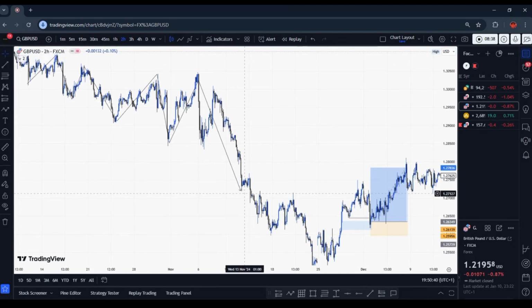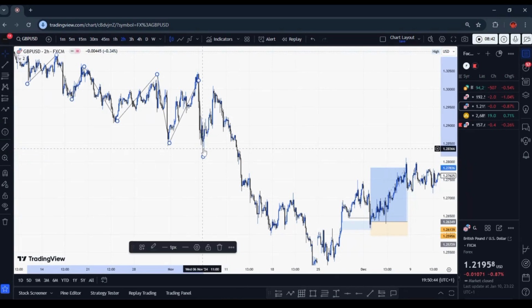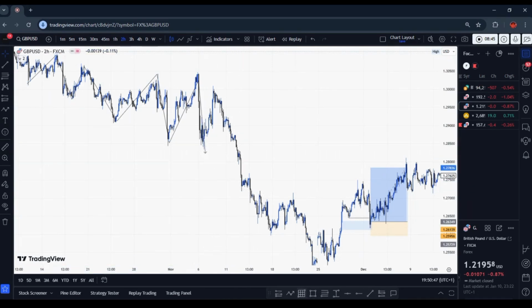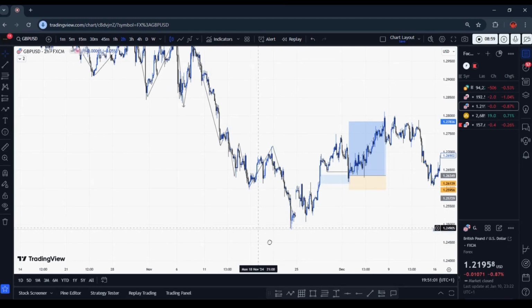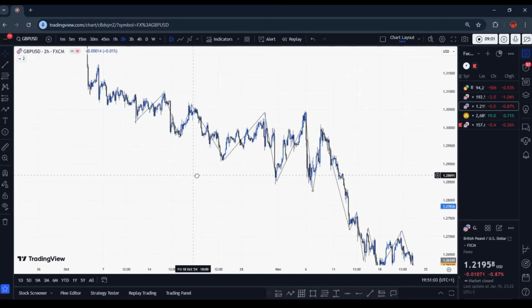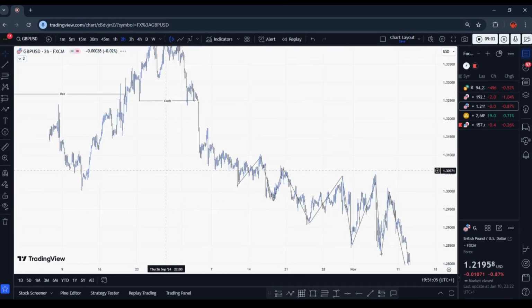So this place will be the low, because this low, okay, this side will be the low. Now this one will be the high, this one will be the low, the high, the low. Can you see? Yeah, the low will be beneath here. So that is how to mark out structure. It is much easier for you to mark out structure whenever you're doing this type of thing.